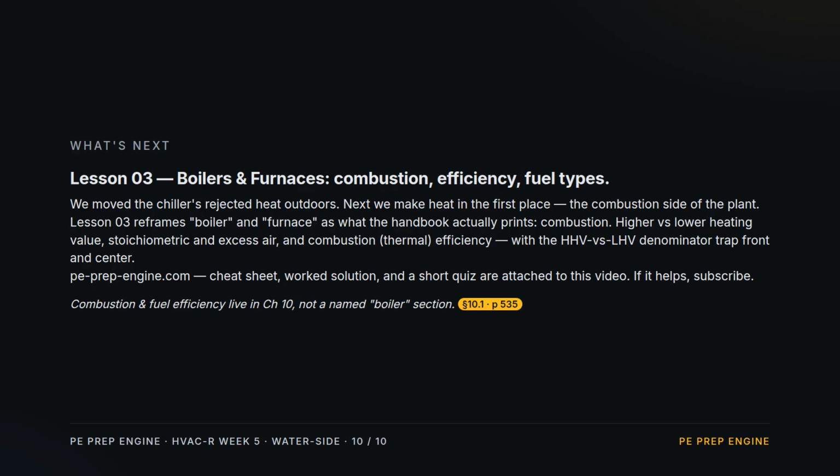Next up, Lesson 3, Boilers and Furnaces, which the handbook really treats as combustion. It will cover higher versus lower heating value, stoichiometric and excess air, and combustion efficiency, with the heating value denominator trap